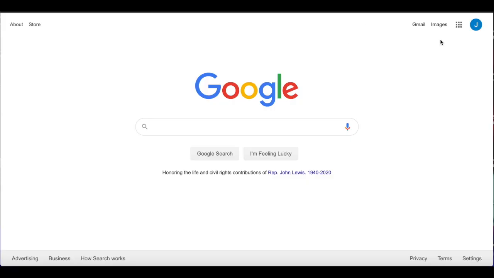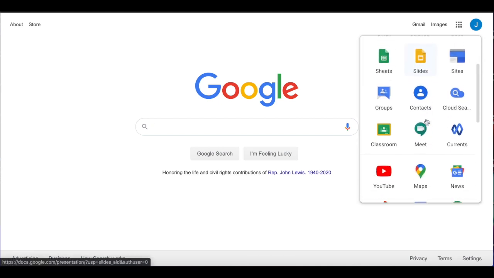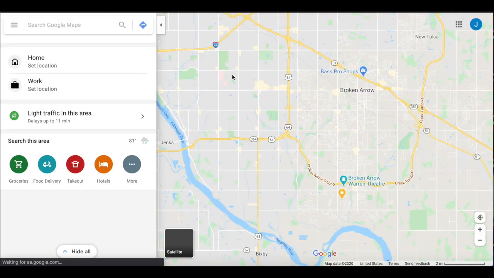When you log on to your Google account, if you would go to, I call it the 9 squares, some people call it the waffle, and if you click on it and find Maps, click on Maps, it'll take you to a screen like this, but we want to customize our own map